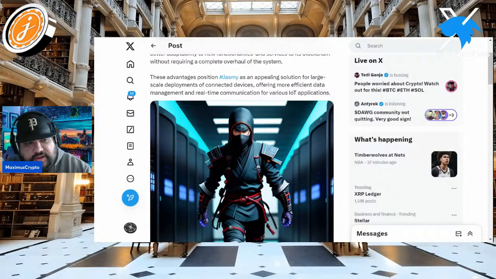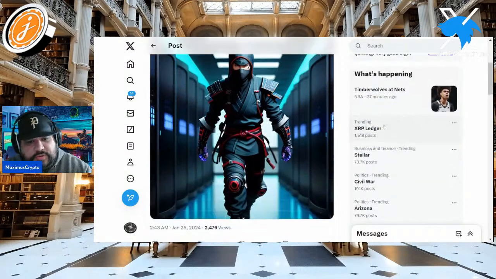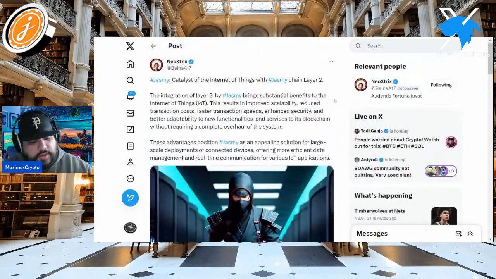It offers more efficient data management and real-time communication for various IoT applications. So, how so? And why is this so significant? Well, before getting into the nitty-gritty, back to the whole thing of Optimism, because we know this is going to be Jasmy's layer 2 blockchain solution with a combination of AI, right? For one, Optimism does in fact scale Ethereum by utilizing its technology called Optimism rollups to increase transaction throughput and lower the cost without compromising